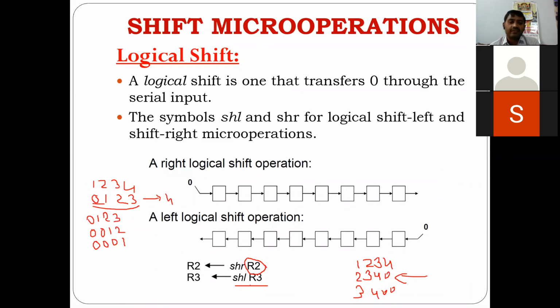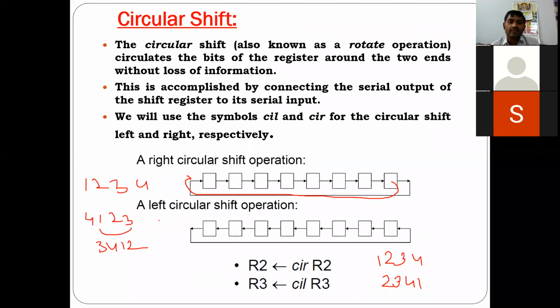For easy purpose, I have taken it as 1, 2, 3, 4. You can take any ABCD or 1, 2, 3, 4, XYZ, whatever it is. For your understanding purpose, what I have taken is in this way. So this is a circular shift, right? Coming on to the next,